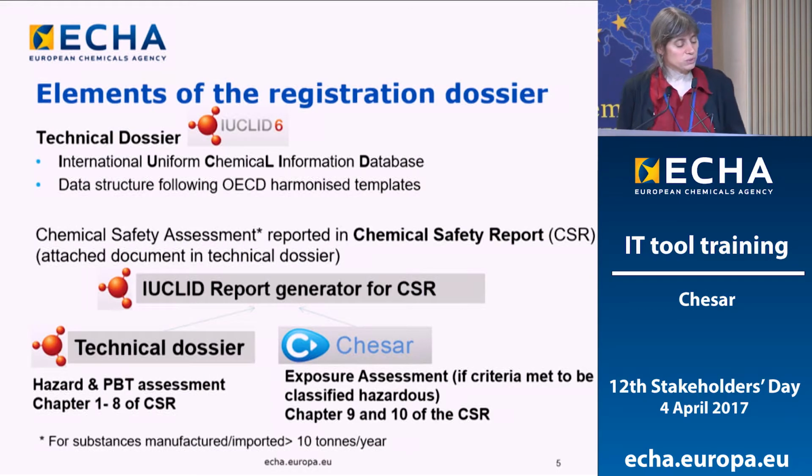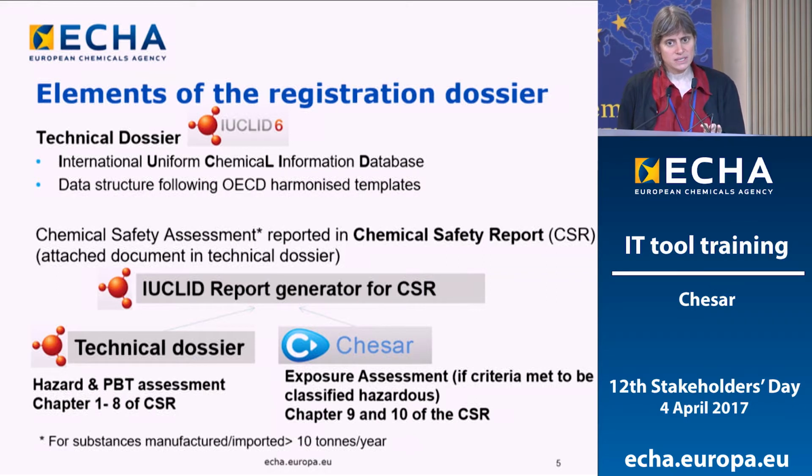Very briefly, the registration dossier is composed of a technical dossier, which is done in IUCLID. You have, I think, a training on IUCLID in the afternoon. And then the chemical safety assessment, when it has to be done, meaning for substances manufactured or imported at more than 10 tons per year, is reported in the chemical safety report, which is attached to the technical dossier. All the information for the technical dossier is reported in IUCLID, but the exposure assessment, when required, in particular when the substance meets the criteria to be classified hazardous, or is vPvB or PBT,